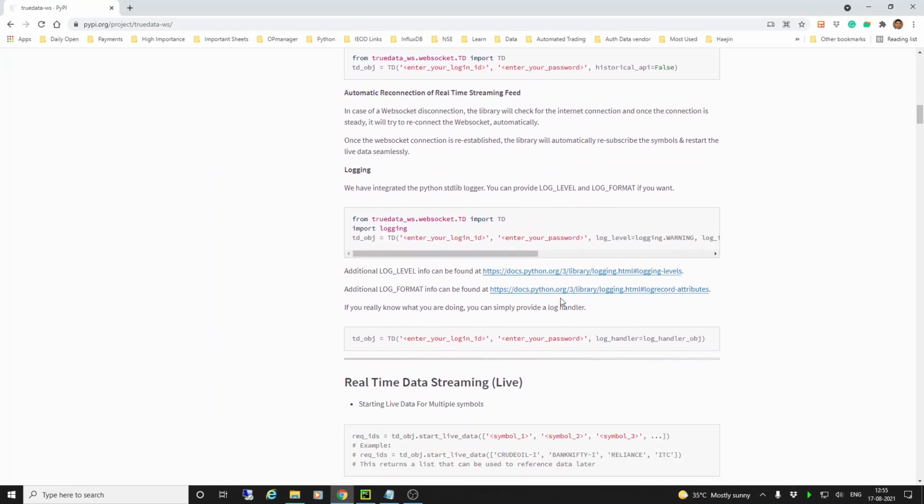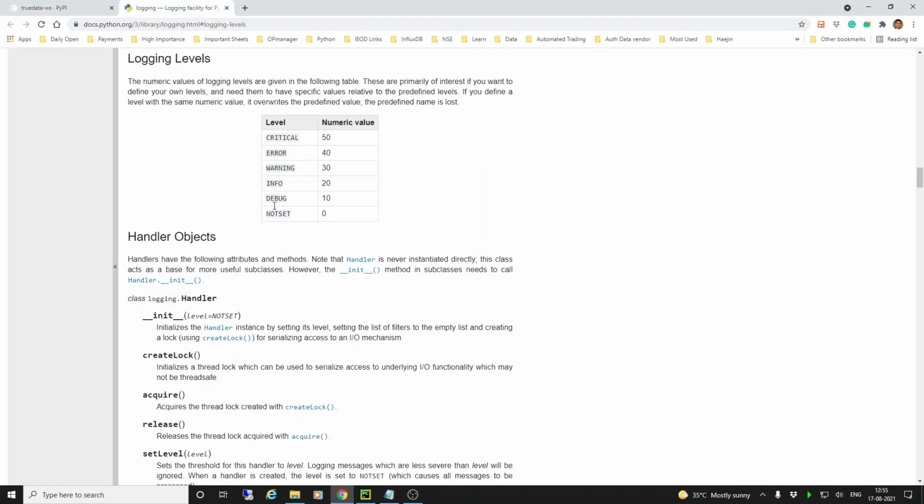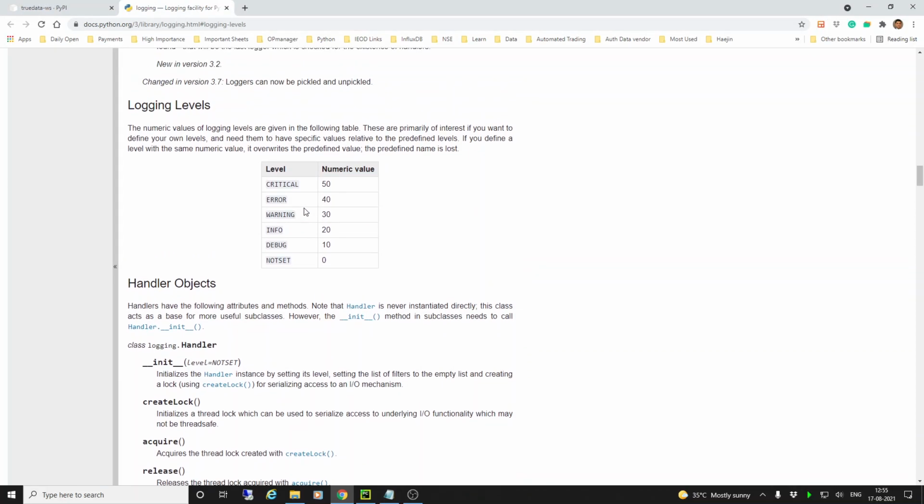I am just now scrolling to two things which I want to tell you. I just mentioned the logging levels. So I'll just open these things. The logging levels, we are using these ones as per the python.org logging module. So debug is the lowest level. As you increase the level, you will start getting fewer and fewer warnings, and as you move up, you will get only the critical warnings. With debug, we are sending you the heartbeat, etc. And with warning, you will not get any heartbeat or anything.